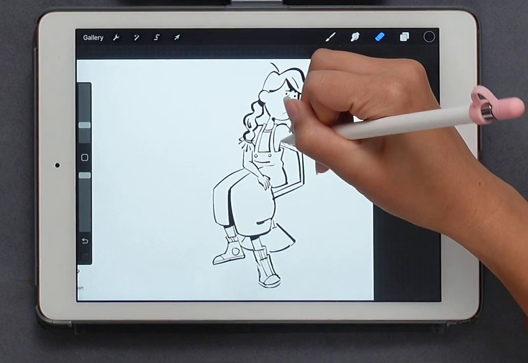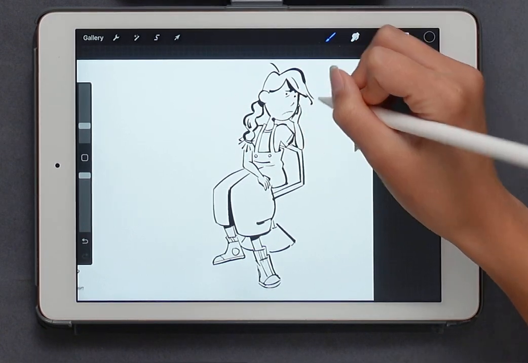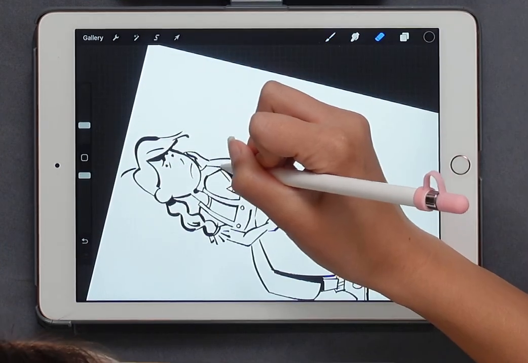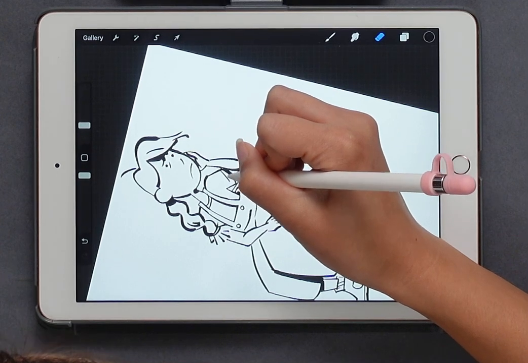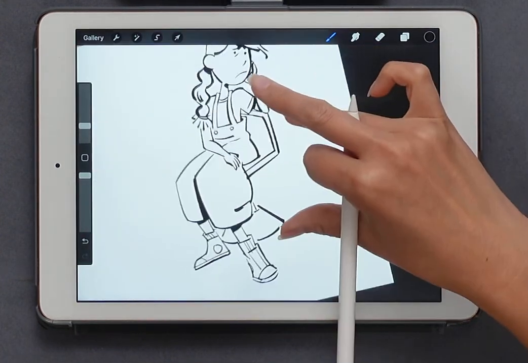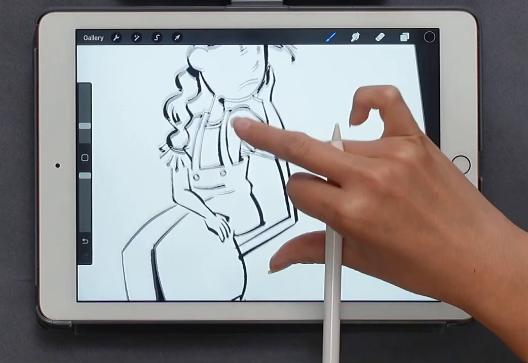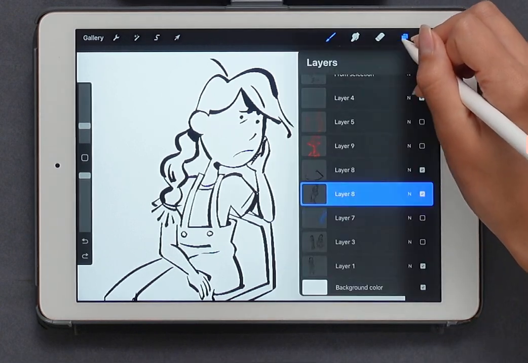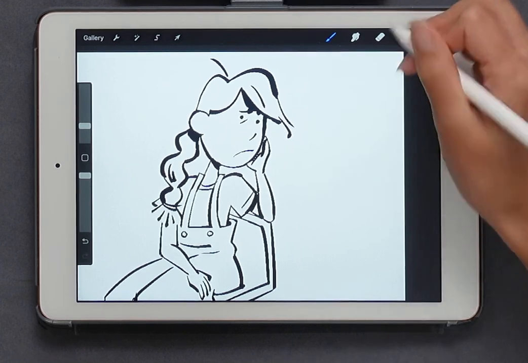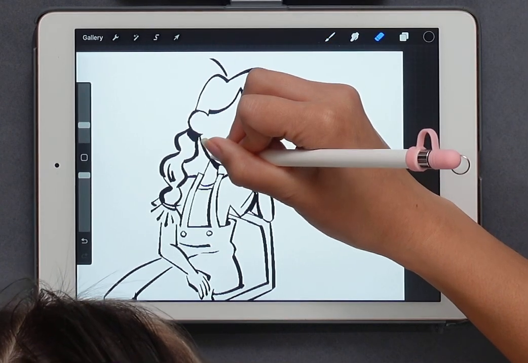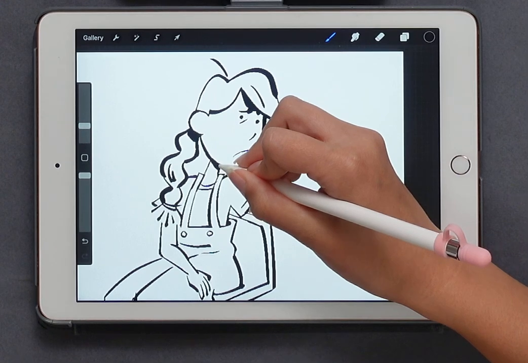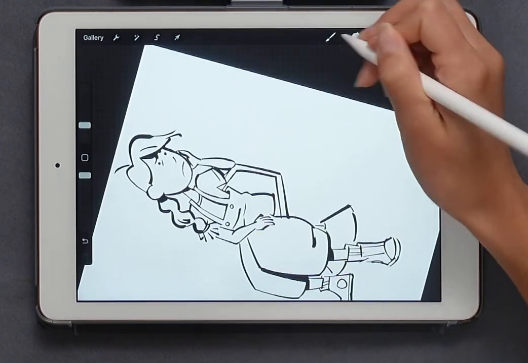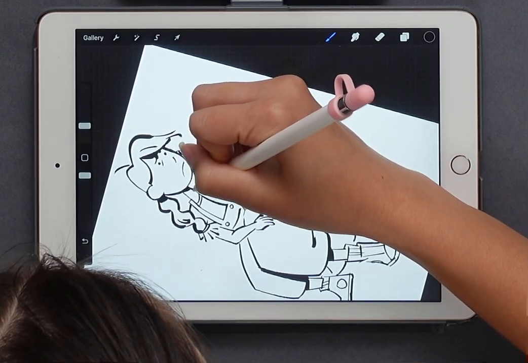But this would need a little bit more work on the cleanliness of my lines and making sure everything is consistent. I would have to decide if I want there to be gaps in my lines. Right now I have a lot of gaps in my lines. I'd have to decide if that's something I want, or do I want them to be all closed? Do I like how loose my line work is? Do I want it to be loose? Do I want it to be more consistent? All of that stuff you have to figure out before you would actually start on the final model